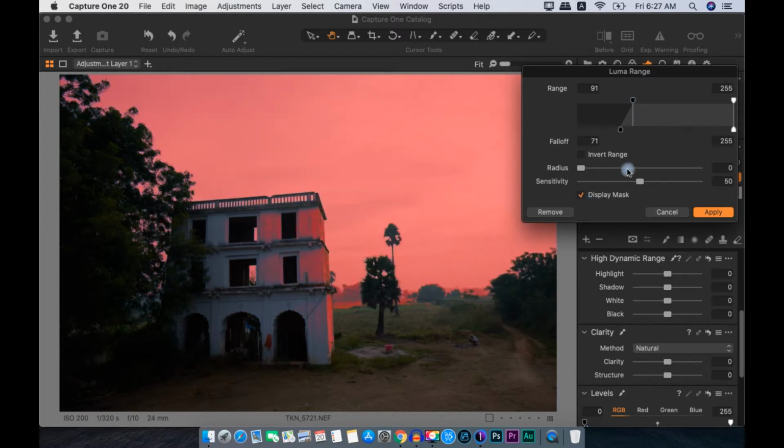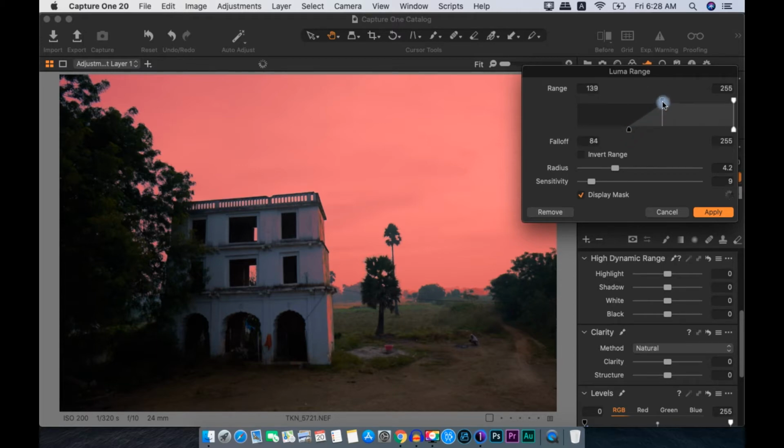So let's put on the display mask and you keep tweaking till we have the selection we want. Bring sensitivity also to 0 so it does not create any sharp edges or halos, and we can increase the radius a bit so it will ensure the selection in between this branch, and maybe sensitivity a tiny bit.